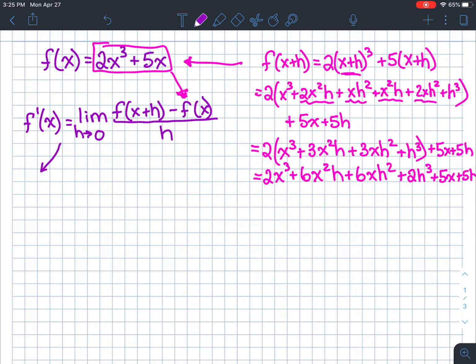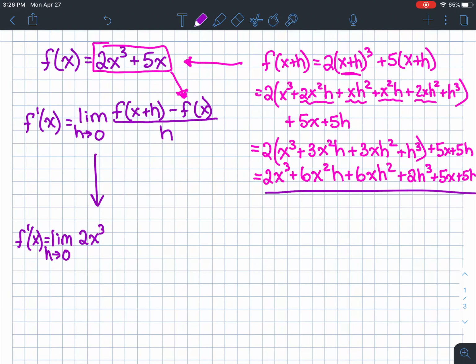I'm going to put my equals sign over here because I need so much space. You know what? I'm just going to move it down because I feel like it's going to get in the way. Okay, so the derivative is equal to the limit as h approaches 0 of f of x plus h, which is this whole thing. So 2x cubed plus 6x squared h plus 6xh squared plus 2h cubed plus 5x plus 5h minus f of x, which is 2x cubed